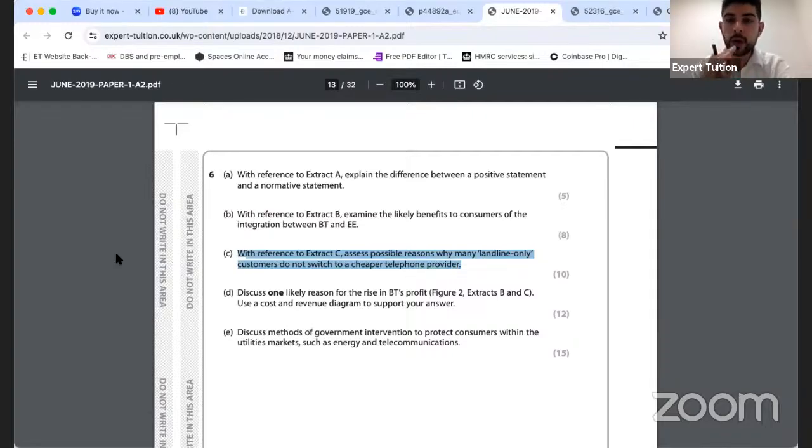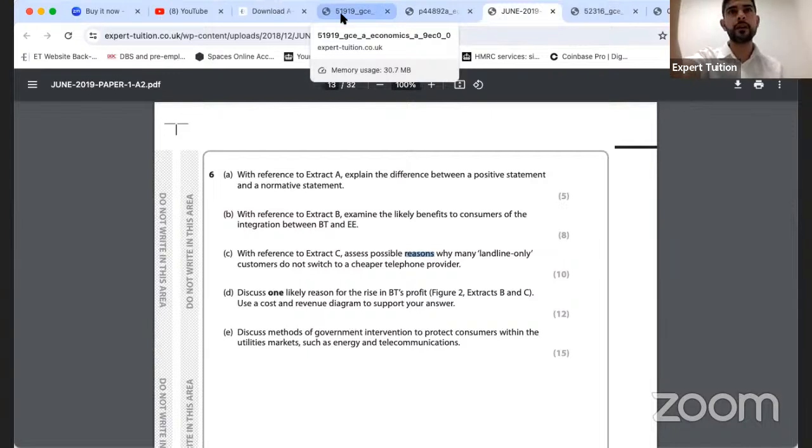One of the common misconceptions is that you need to always do 2 analyses and 2 evaluations. Not true for Edexcel. For Edexcel, if the question says reasons, like this one, because it says reasons, so that is plural, yeah? Or if it explicitly says 2 things, like it did in June 2017, so information gaps and irrational behavior, yeah? Then, on that basis,